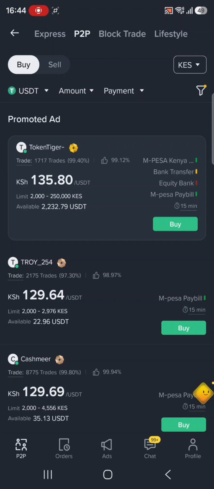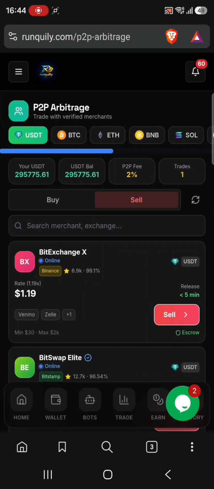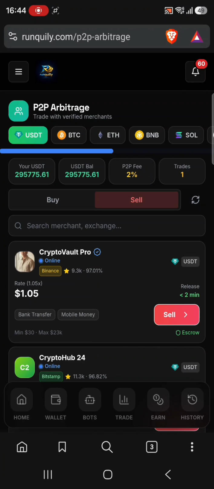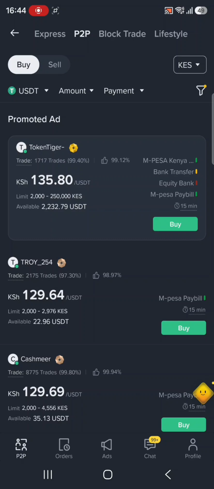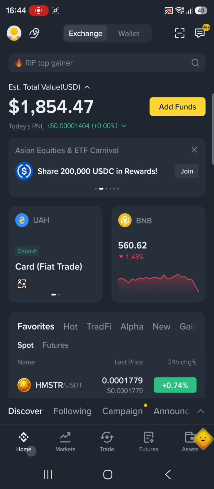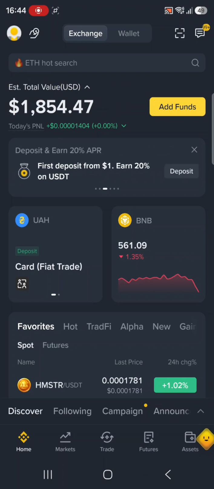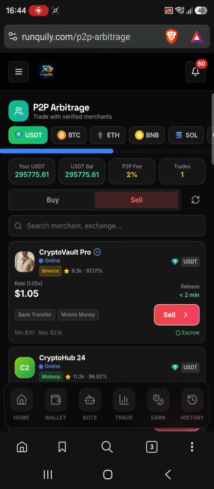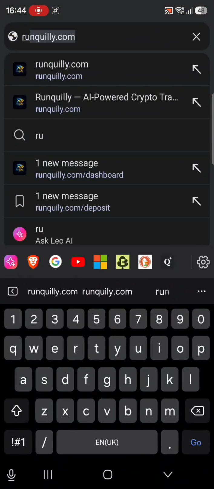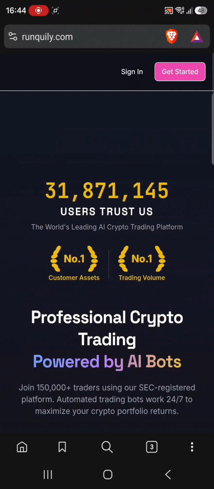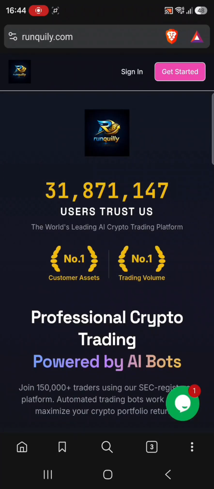Telegram. So we'll go direct, and the things you need to start crypto arbitrage trading. You need a verified Binance account or any other centralized account, and some capital. You can see I have a capital of 1,854 USDT. You can use BTC, you can use Ethereum, and you can use any exchange. And also you'll need a verified Tranquil account. This serves as your decentralized platform, and the price difference is what gives you the profits.